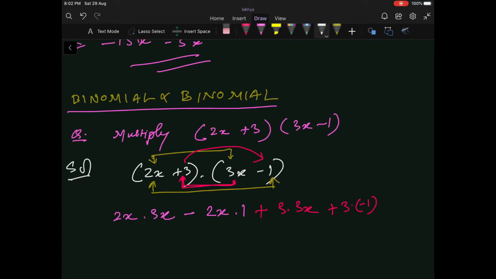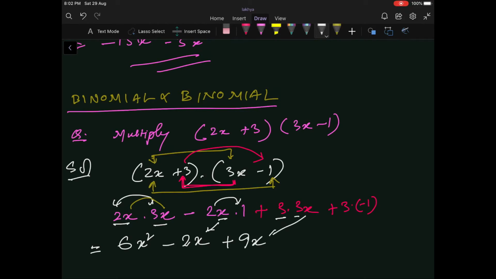Okay, now here you see it is monomial, this is also monomial. Multiply these two. How to multiply? First multiply the coefficients. 3 twos are 6, x into x. Okay, so x into x, that should be x square. Okay, then here you see 2 1s are 2, here it is minus, 2 1s are 2 into x is there, so this x should be written here. Then 3 3s are 9, so there is plus sign, 3 3s are 9, and this x is written here. Okay, so hope you have understood this.